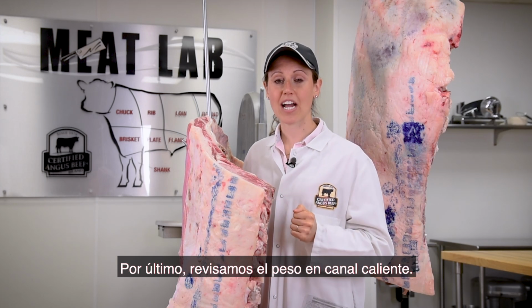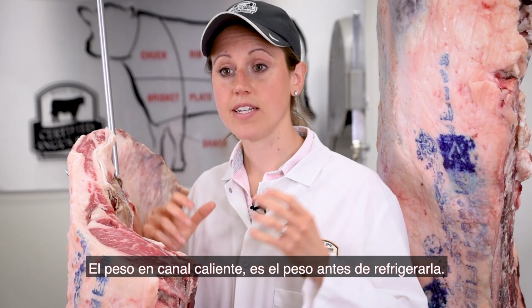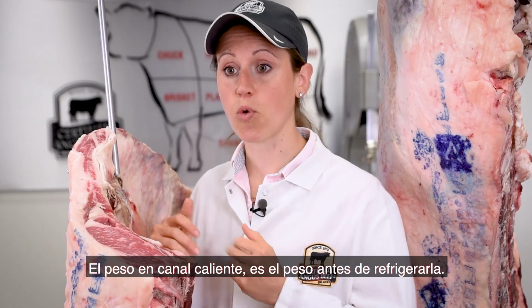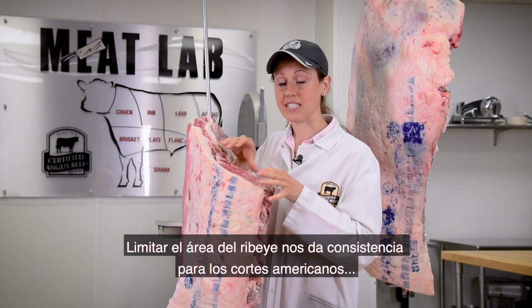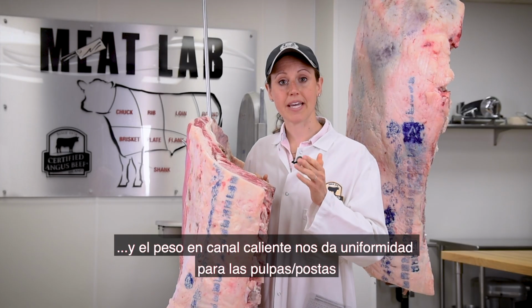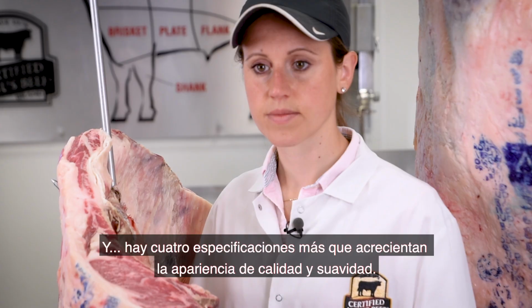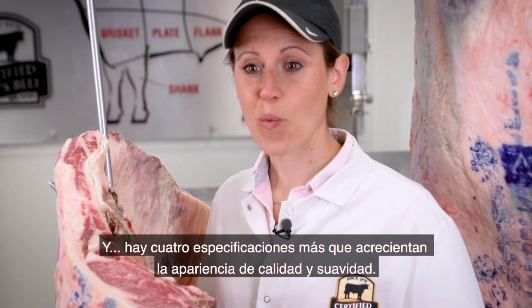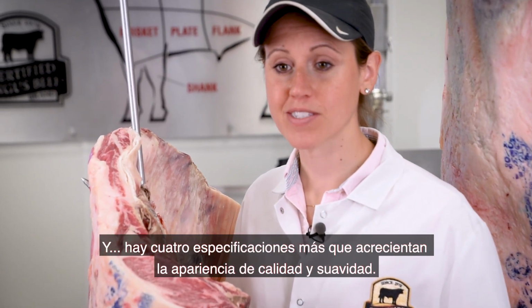Finally, we want to look at our hot carcass weight. We require that that hot carcass weight be 1,050 pounds or less. A hot carcass weight is the weight of the carcass before it's been chilled. That ribeye sizing really gives us consistency in our middle meats, but that hot carcass weight gives us our consistency in our end meats. And if that wasn't enough, we have 4 more specifications that amplify the quality, appearance, and